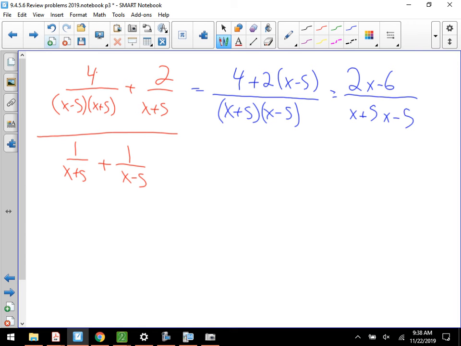All right. Second set of denominators, same common, x plus 5, x minus 5. This one's a little bit quicker. Need a minus 5, need a plus 5. So this gives me 2x over,